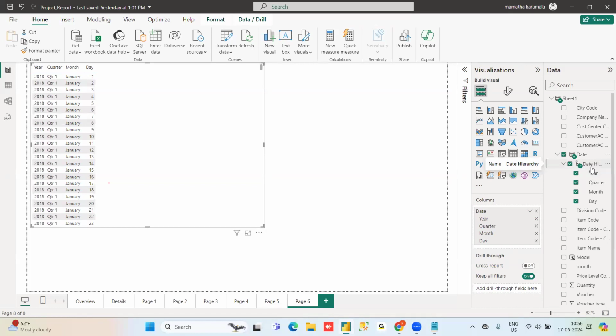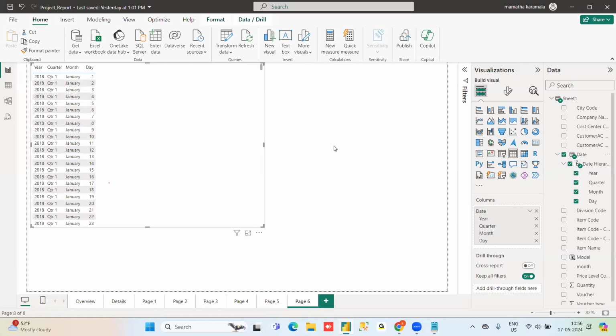That is a regional hierarchy. Here we are seeing a date hierarchy. If I need only a date column, here I am getting four columns. I don't want this. I want to show it as a date.